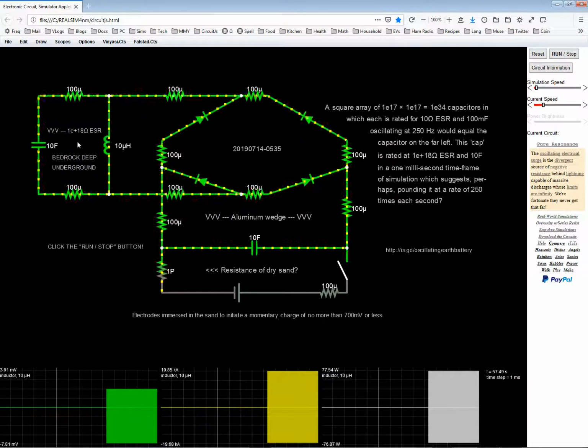It generates current, while a coil eats it up. The length of the wire in a coil eats up current, but the equivalent series resistance of a capacitor accelerates current. Normally a ceramic capacitor has a default value somewhere in the vicinity of 10 milliohms of resistance,